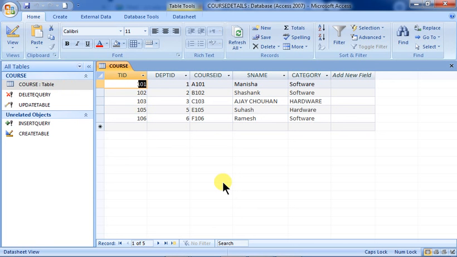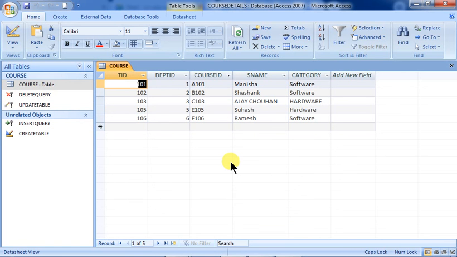So these are the four types of query that we have used in order to see how these things function. That is very, very important, so you should do it, you should learn it. This is the style, how without typing you can do the manipulation in the table in different forms. That is also very important. So we have seen the delete query, update table, insert query, create table. All four types of query we have seen.